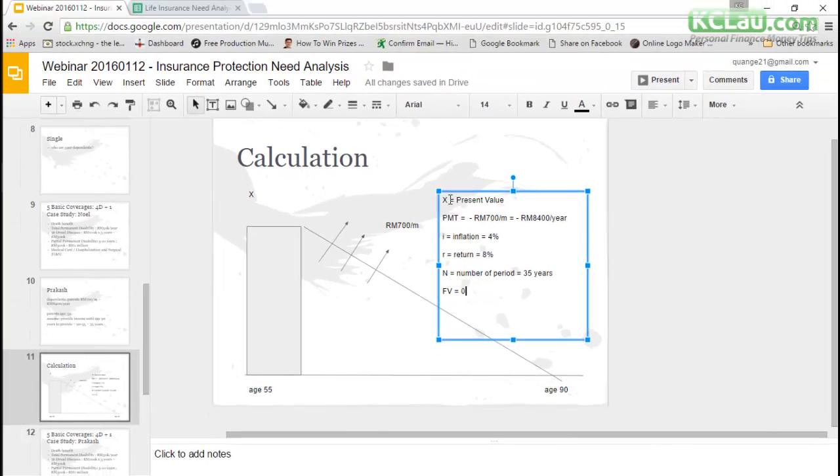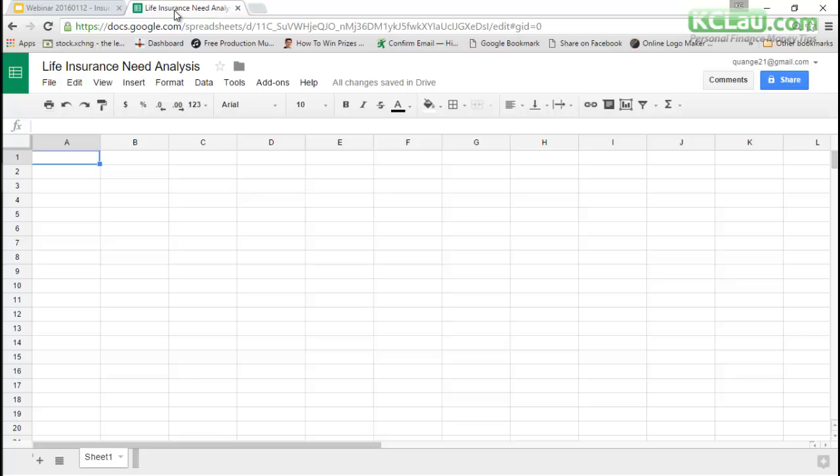So how do we calculate that? Okay, let's get to the spreadsheet. So I prepared this spreadsheet for you, by the way, which is blank, because I want to show you how you can do this. Okay, let's put in the variables we have just now.